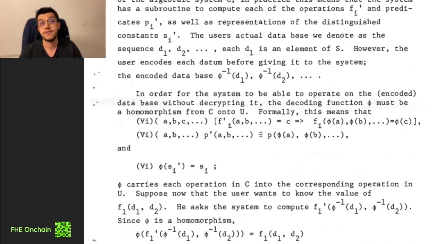These two have different data types and different structures from the algebraic perspective, and this phi function, the decoding function, and phi inverse, the encoding function, are defined between these different algebraic sets. So it has to obey the axioms of homomorphism to not break the structures of these algebraic structures.